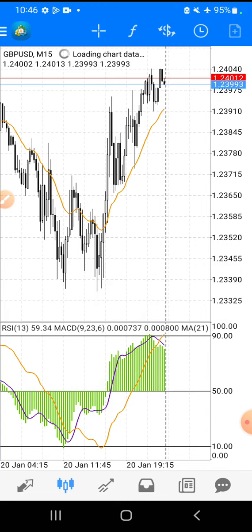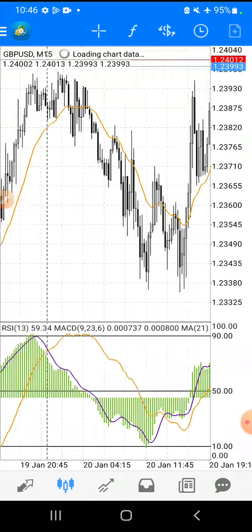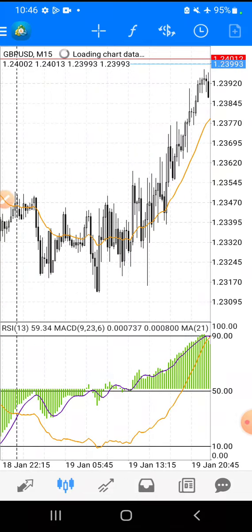Today I want to teach you guys one of the simplest strategies that you can use to trade currencies and be profitable. With this strategy, you'll be able to get into the market, know when to exit, know when to put your stop loss, and know the number of pips that you're going to collect from each currency pair that you're going to trade while using this strategy. So in this video, I'm going to share with you the settings that you need and the conditions that have to be met for you to trade properly with this strategy.